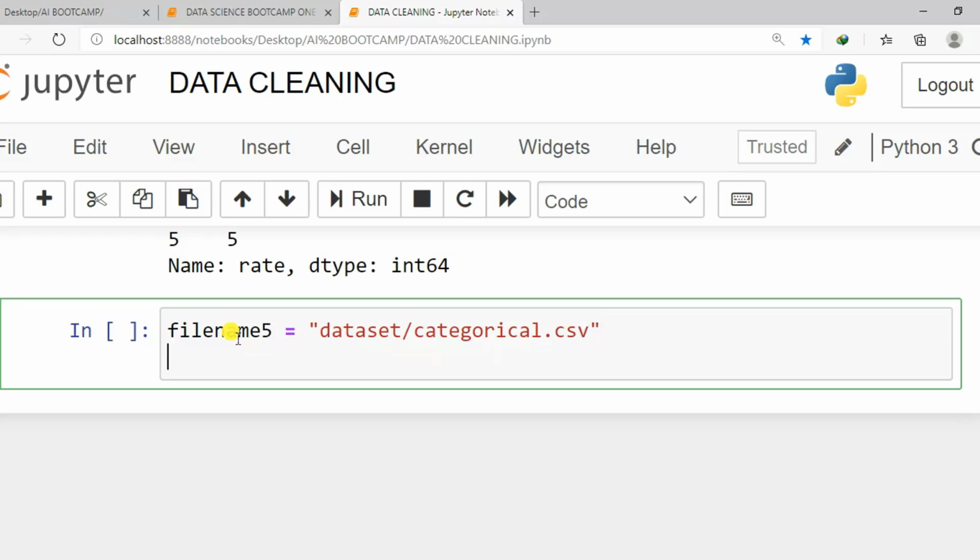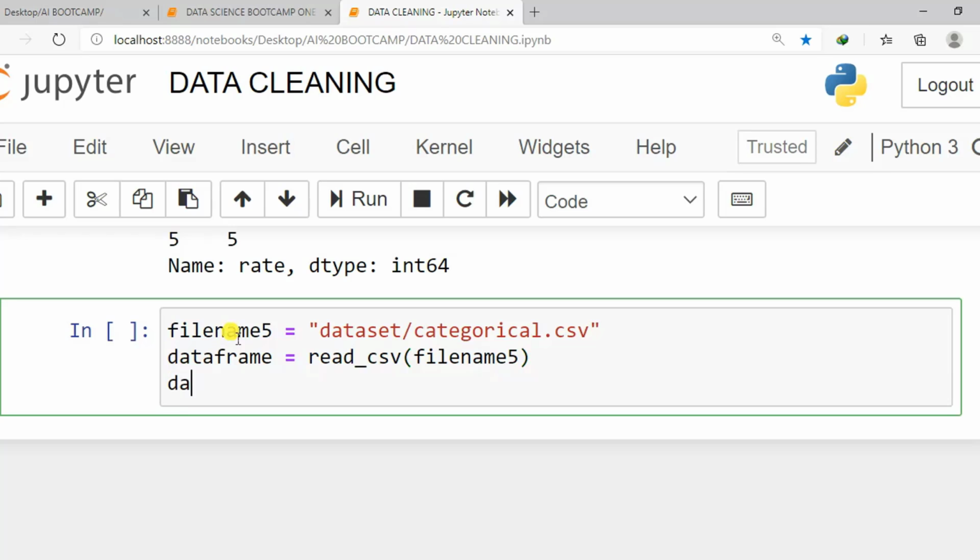Then after, data frame is equal to read underscore csv, then file name 5. After that, data frame dot head to see the first 5